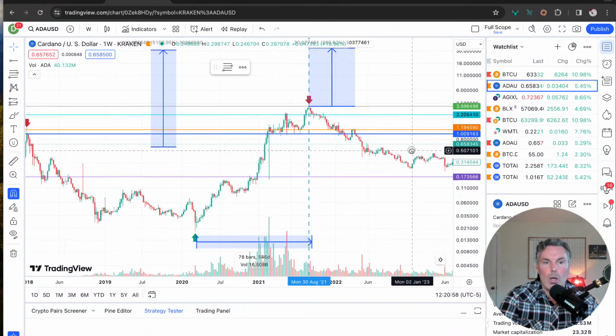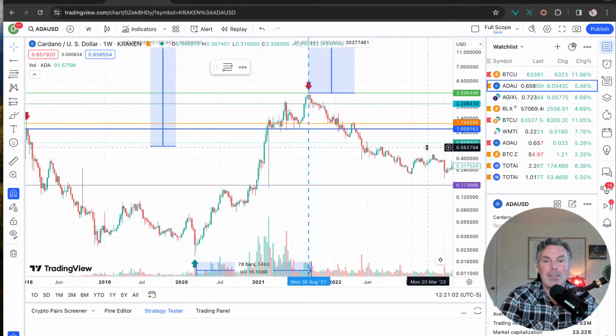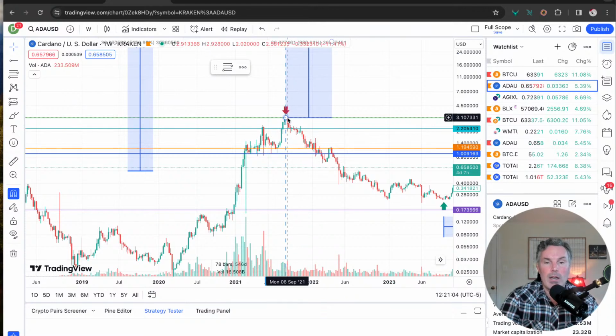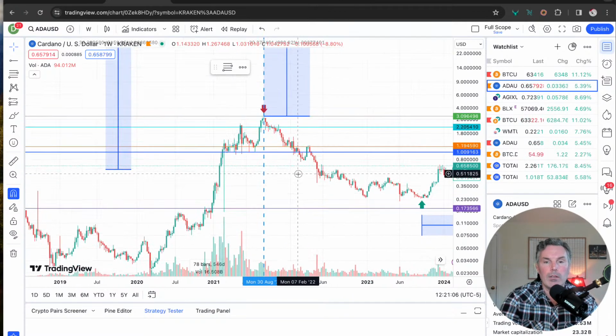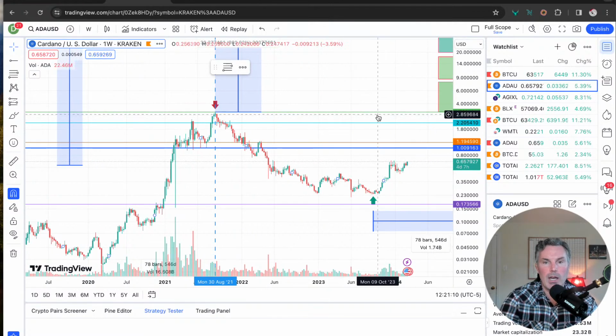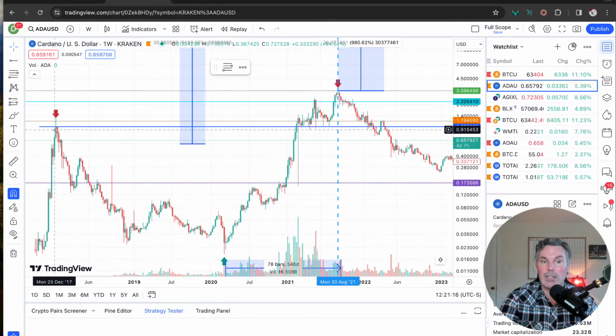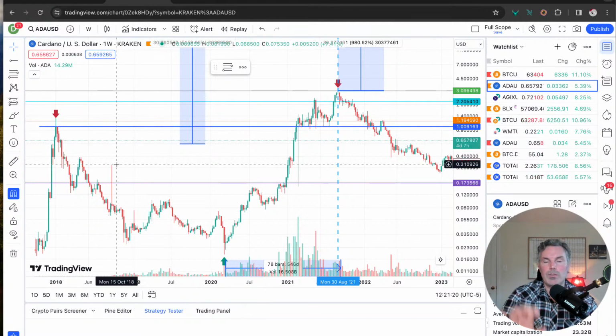So, okay, where do we have Bitcoin? We have Bitcoin knocking at the door of its previous all-time high. But Cardano, to get to its previous all-time high, is this green line up here. It has not yet even eclipsed or knocked at the door of its previous all-time high. And so what you see with these altcoins, Cardano being an altcoin,